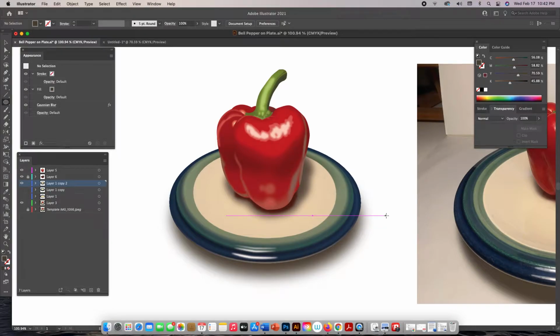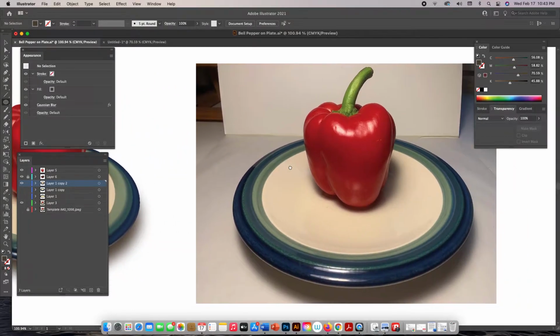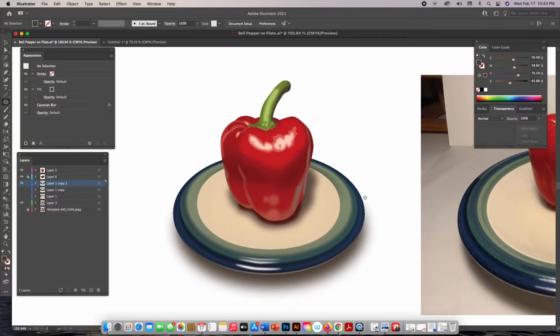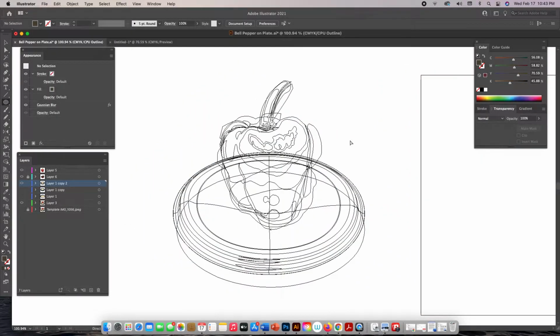In this tutorial, I'm going to show you how to create a red bell pepper sitting on a plate. You will be provided with this photo reference, which will be placed in our Brightspace class under the assignment sheet. Anyway, I'll just briefly show you what's involved here by showing you the outline mode so you can see the